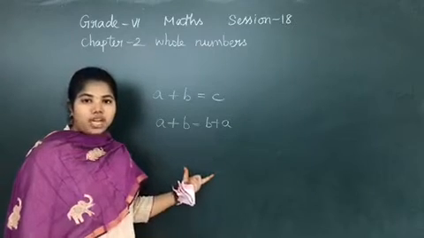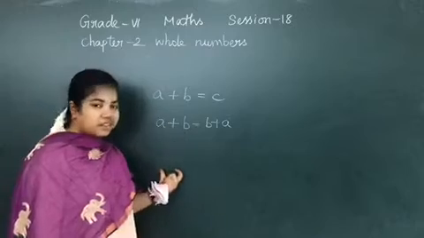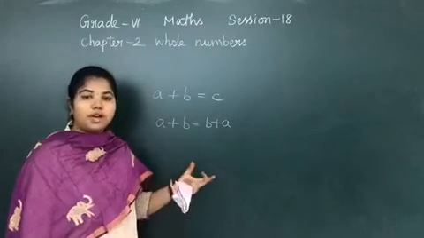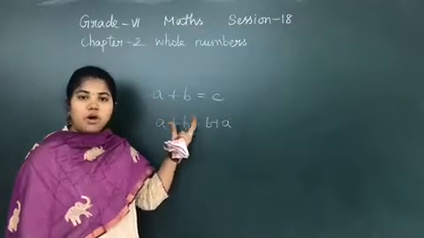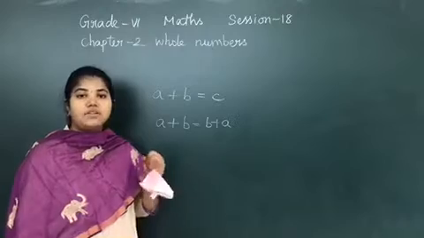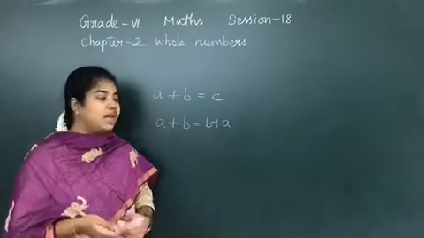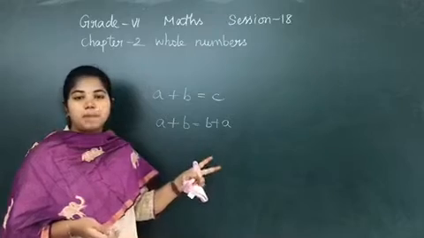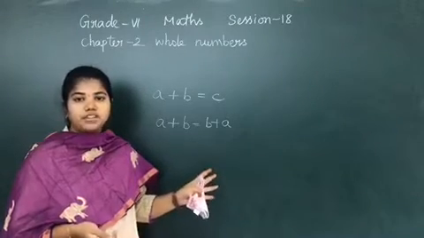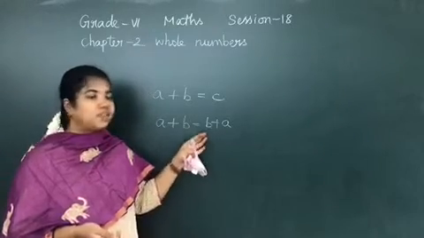If it is not equal, that is LHS is not equal to RHS, that is, left hand side is not equal to right hand side, then the property does not hold. The commutative property does not hold for whole numbers. Likewise, we have seen many examples and found that addition and multiplication satisfy the commutative property, whereas division and subtraction will not satisfy the commutative property. Can you understand? This is the whole recap of sessions 15, 16 and 17.